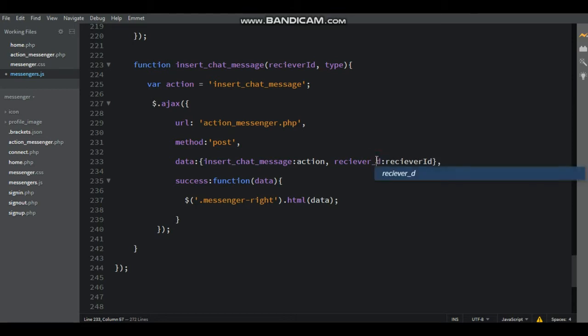Here sending data is receiver underscore ID, comma, just copy again receiver ID, paste it, and then sending data also type, and then paste it.